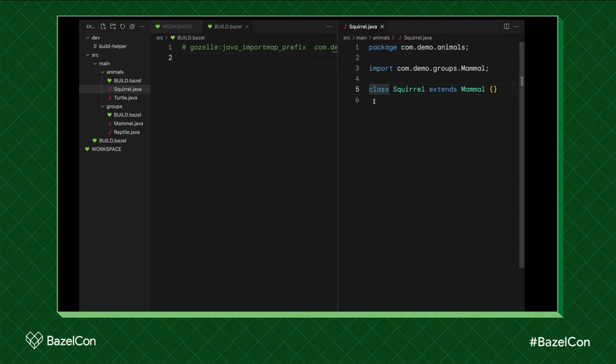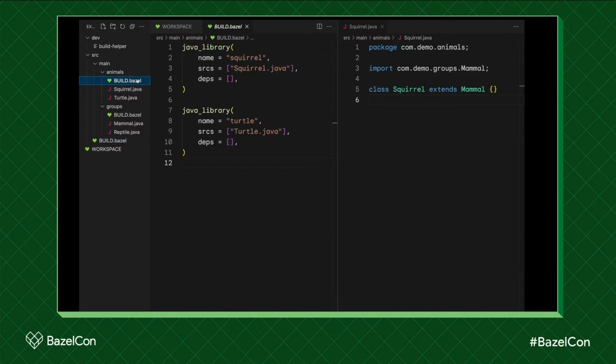Now, if we want to build and run this file, we have a build.bazel file here. And in here, we have two Java libraries, one for each file, squirrel and turtle respectively. However, we won't be able to build these because they don't have the dependencies. We have com.demo.groups.mammal here, but it won't be able to build because it doesn't know where it comes from.